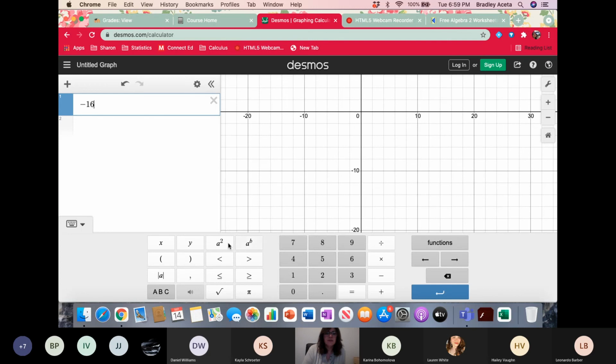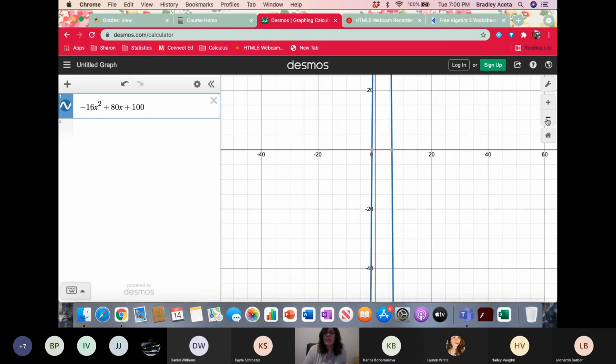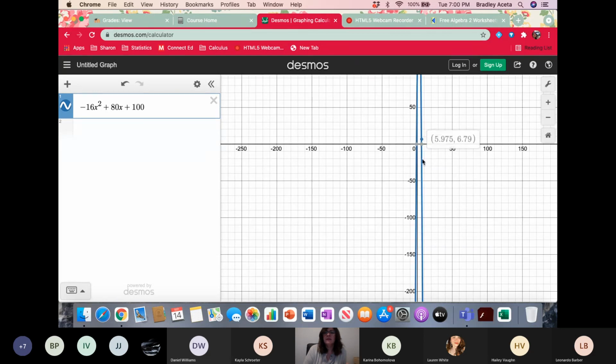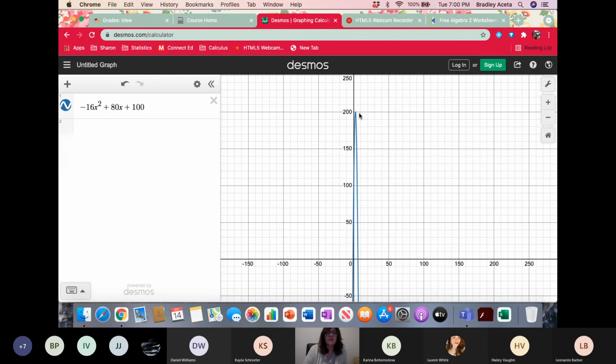Let me type in negative 16x squared plus 80x plus 100. Now, you see how it's off my grid, so I'm going to want to zoom out a little bit, and it's definitely, ooh, look at how high my window is. My window goes all the way up here. If you click on it, and I know it's hard to see,